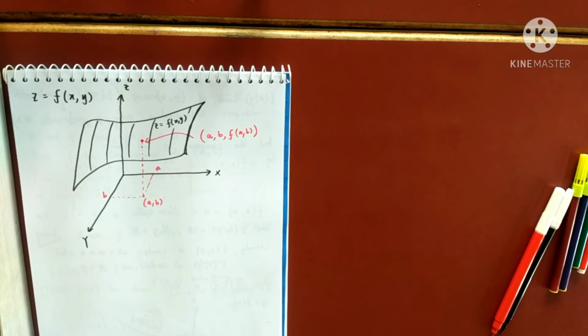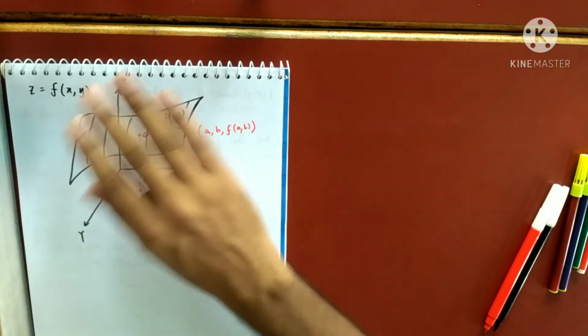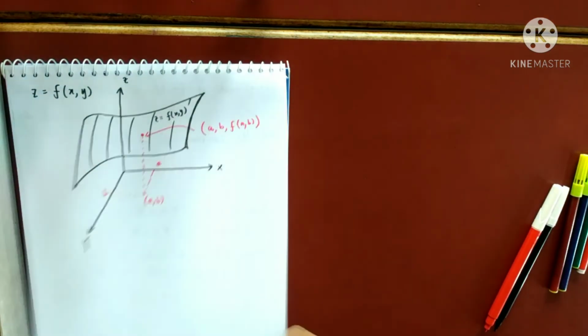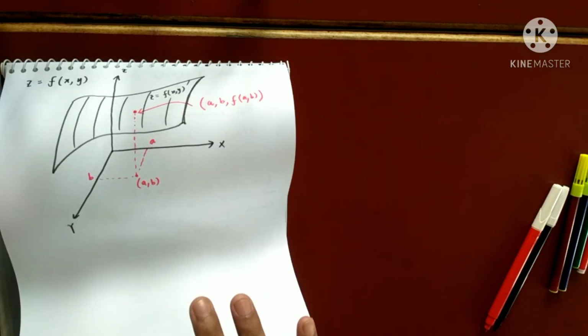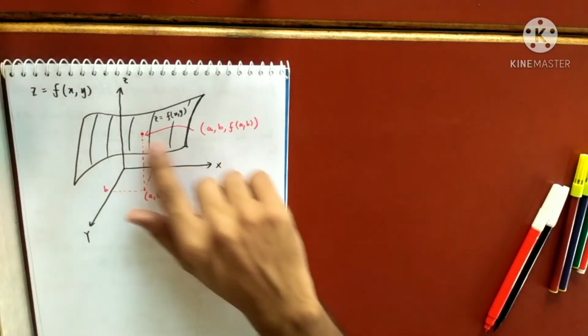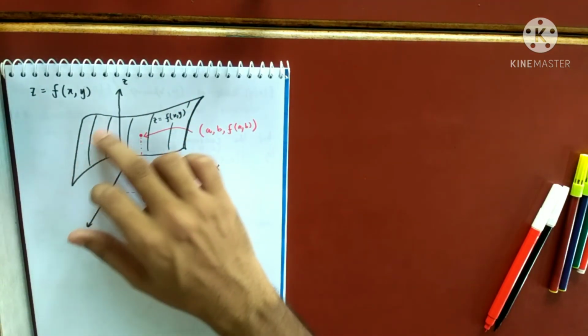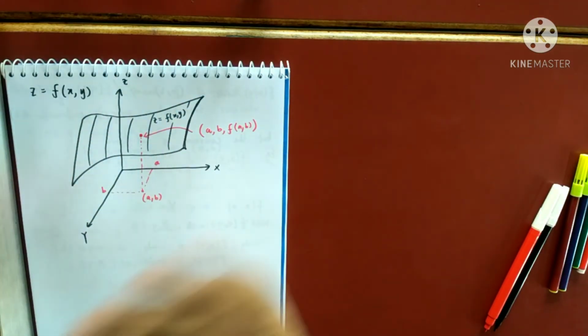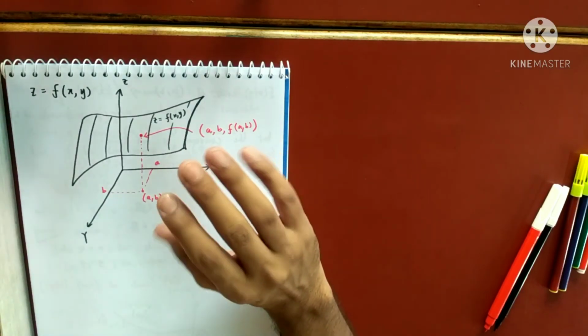Okay, now let me give you one or two things. Now what we mean by continuity: there is no hole in this paper. This is a paper, something like this, right? I have drawn something like this. This is the graph of the function, a torn or twisted paper, something like this. You can just visualize that. There are no holes in this paper. That means the function is continuous everywhere in this domain, right?